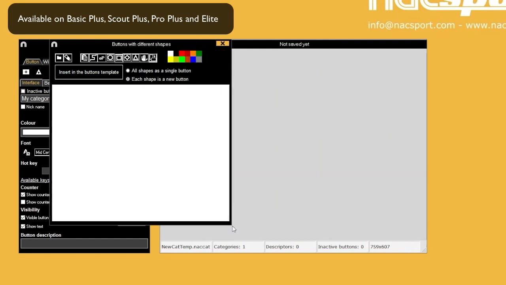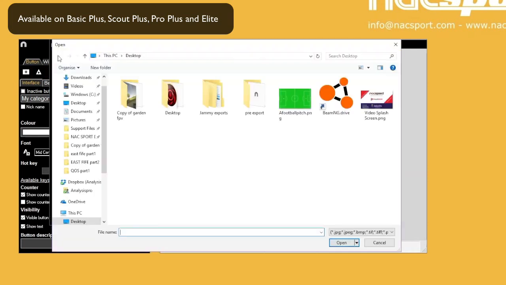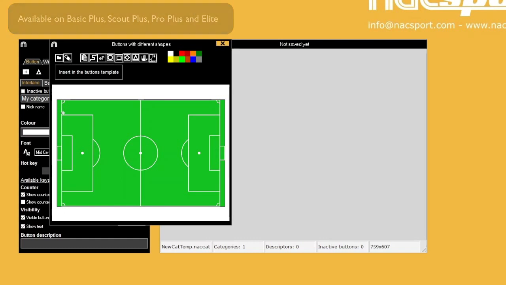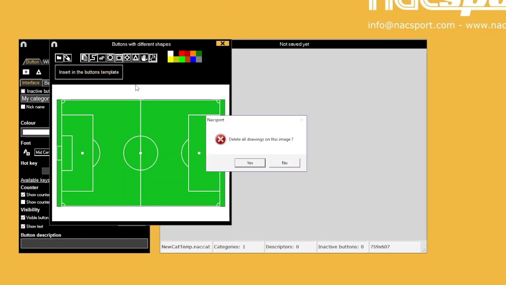buttons we see in the template. We could load an existing image into this window, then use the shape tools to draw around areas of that picture, which will then become a new button in our template. Instead of using this image, we will clear the window with the eraser tool, then add some new shapes with